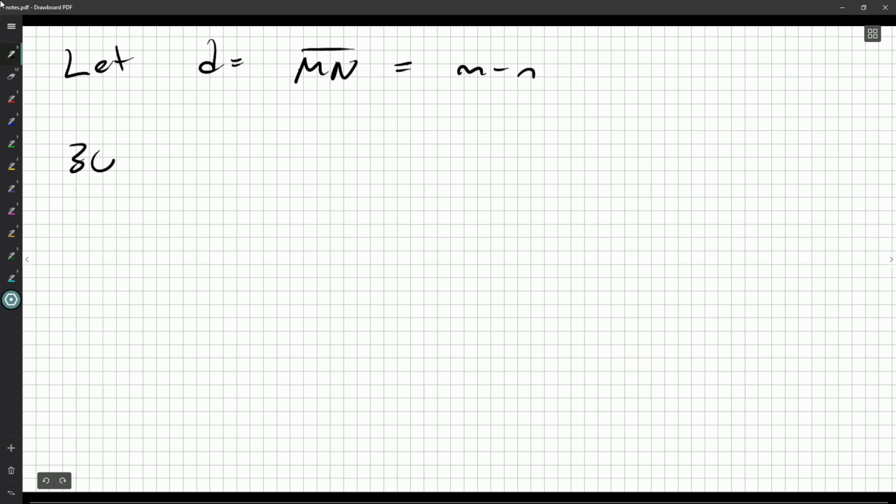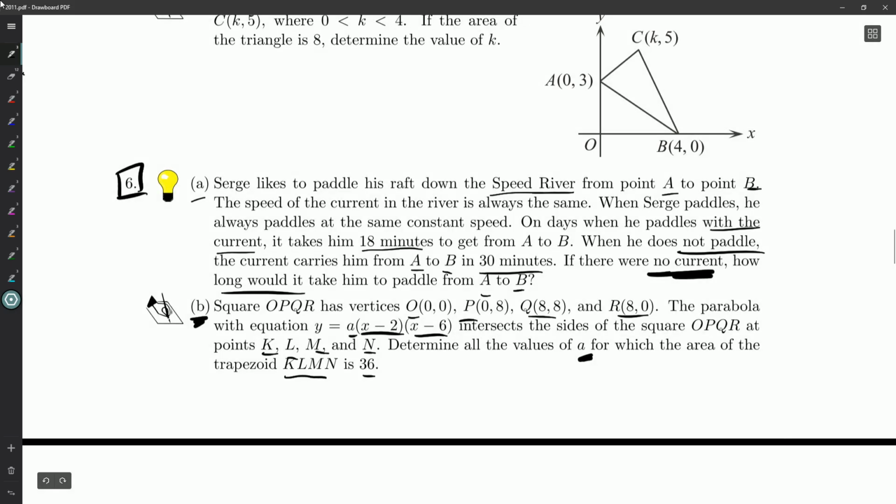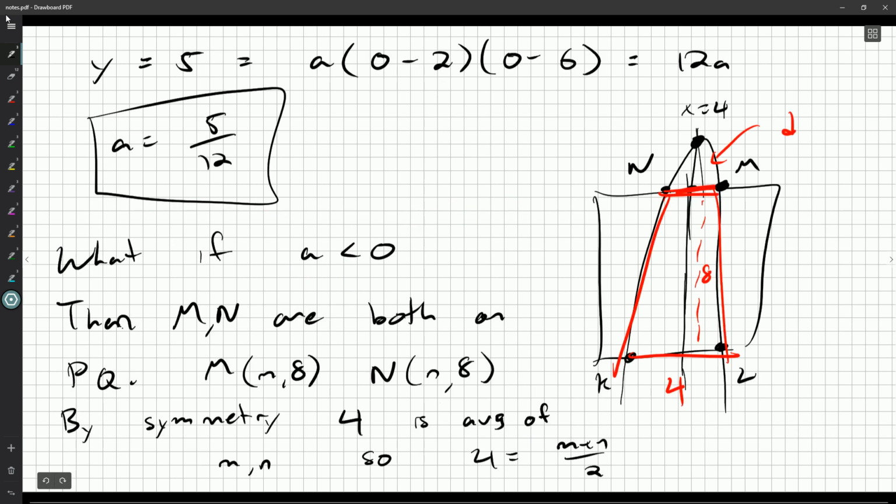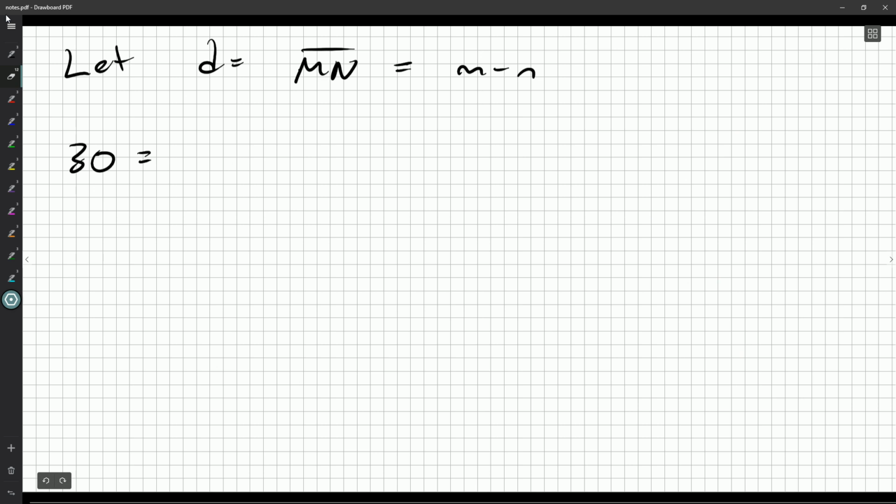Okay, well then 30, which again 30 is, oh sorry, the area is 36. I'm glad I double checked that. So quickly, let's go back and fix this last one. 36 is the area, which means y will be 6. So we get 6 here, still 12a. Now it's 6 over 12, or 1/2. A being 1/2. Okay, that's fine. 36, not 30,